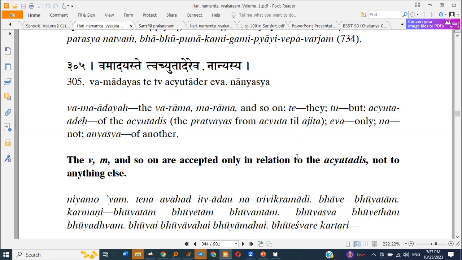For example, like we had one sutra before, va, moho, which means that if we have a Rama followed by either va Rama or ma Rama, then that would become Trivikrama. So now this sutra says that va or ma mentioned there or in any other sutra till now, they are just referring to the Achyuta pratyayas which begin with either va or ma and so on. So like that.